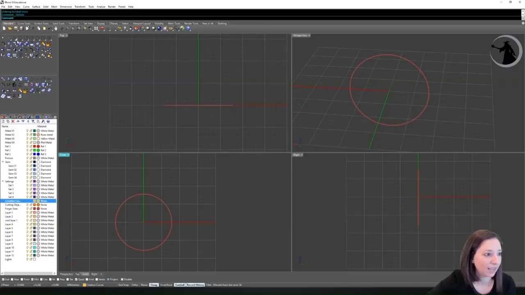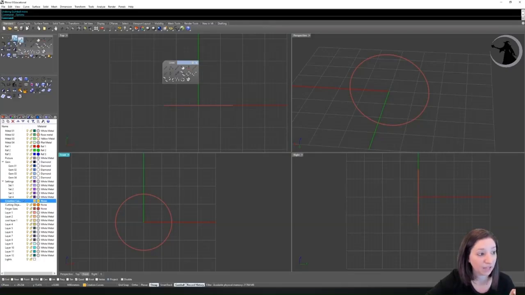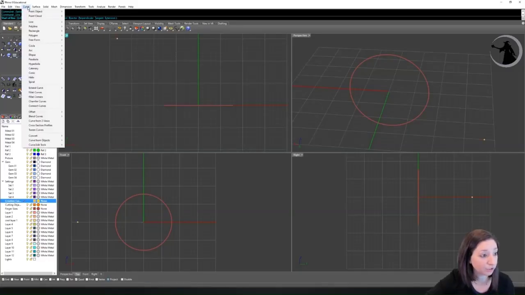I'm going to go to the standard and come to this thing called a polyline. It looks like a little arrow. It should be the third button from the end. Click on that little arrow and get your little flyout. And we're going to grab this first line here called a single line. If you're having trouble finding it, come to your curve drop down, come to line, and grab that top one